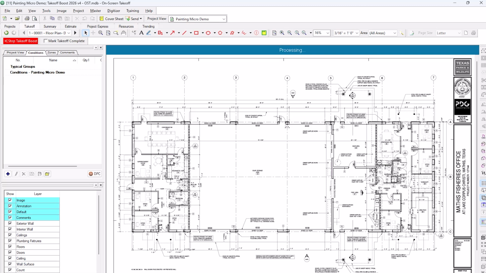takeoff, and I can start making adjustments and verifying that all of the takeoff was completed as I would want that to be done as the estimator. You still have all of the control over what is finalized within the takeoff. You can make adjustments to each individual piece of takeoff. You can rename the conditions, reassign them to your styles, or just modify the conditions that are created by Takeoff